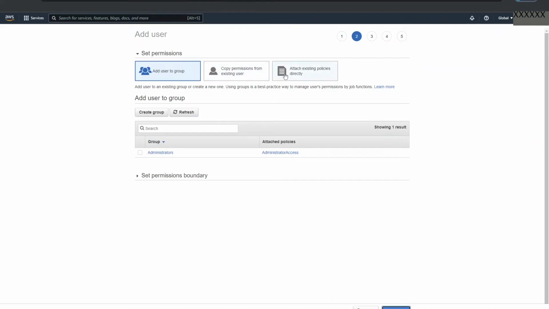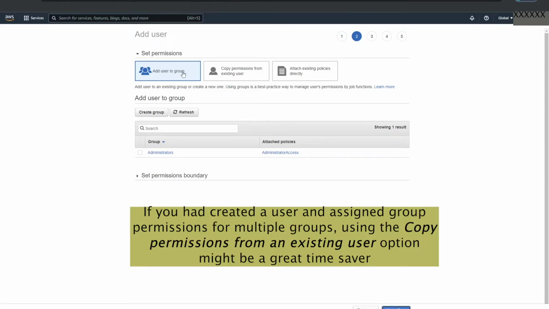Since these two options attach the policy directly to the user, we generally try to stay away from them unless we have to. Working with groups allows us to keep things organized and easy to manage. When you begin attaching policies directly to a user, the level of complexity really grows, especially as the number of users increases and the number of resources that we need to manage grow.